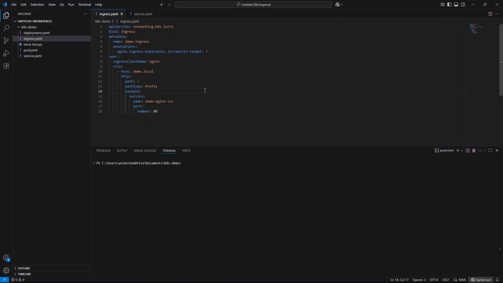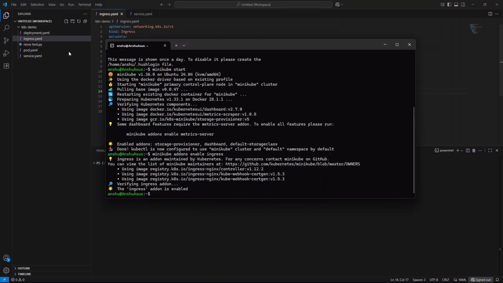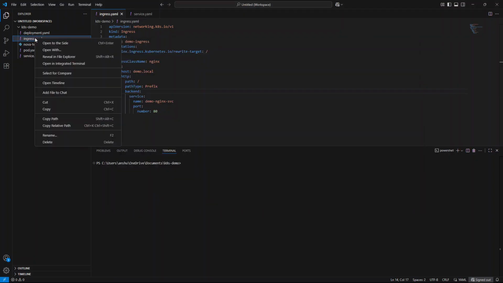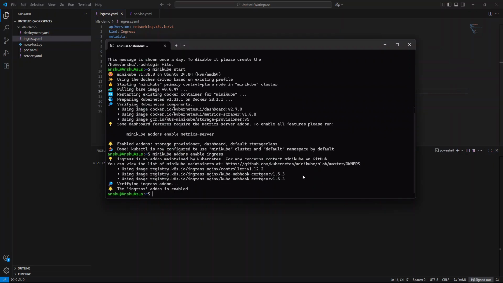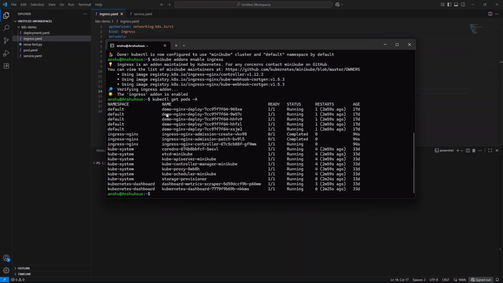All we have to do is apply this. So let's apply. I'm going to copy the path. Let's see what resources are running in our cluster. So kubectl get pods --all. So these are the resources or workloads running in my cluster. So I'm going to apply the ingress. So kubectl apply -f,